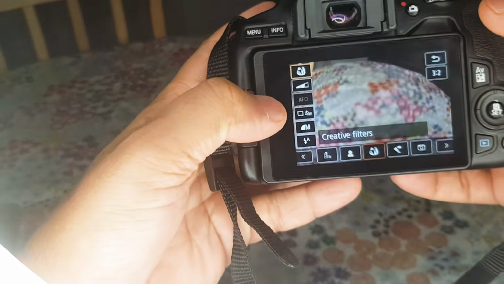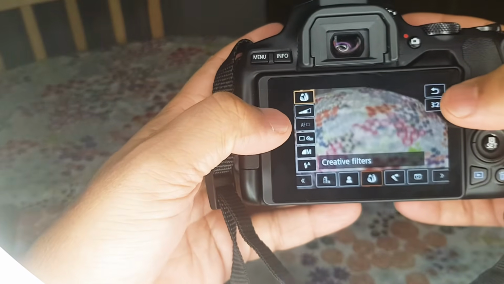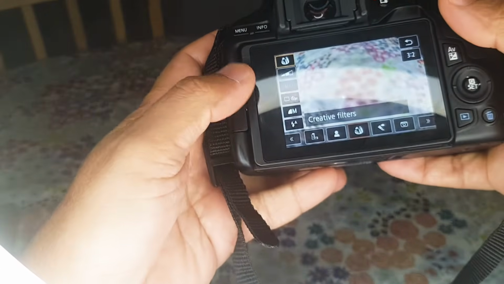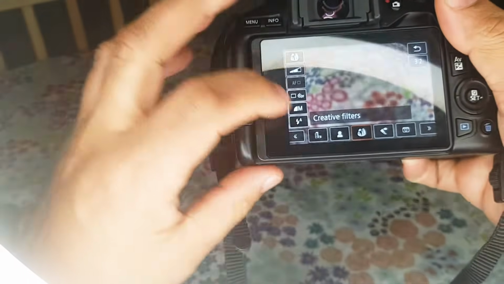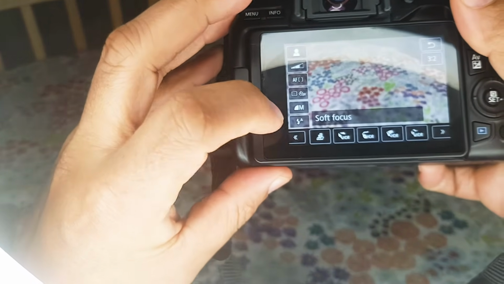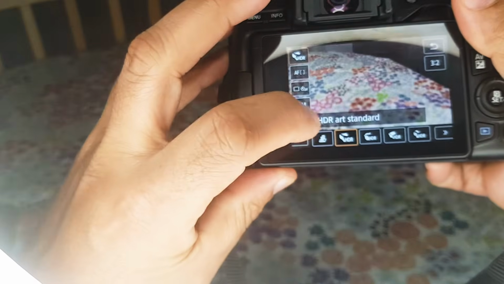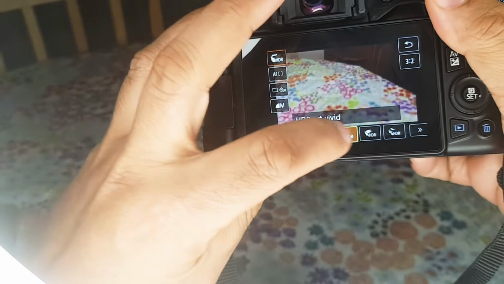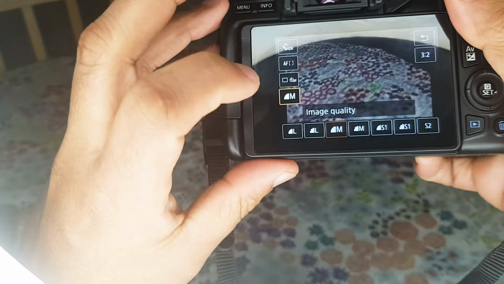This Q button is touchscreen, so when you click on the Q button, any settings you have on here, you can change various features. So these are some filtering effects that are available to you in this camera. You've got HDR, standard, you can hover through this, you've got your manual mode,